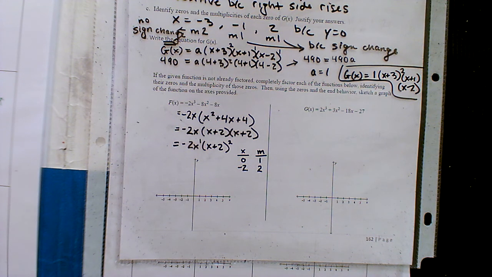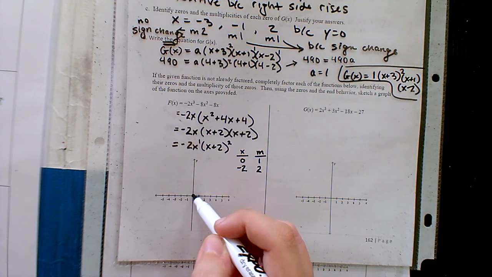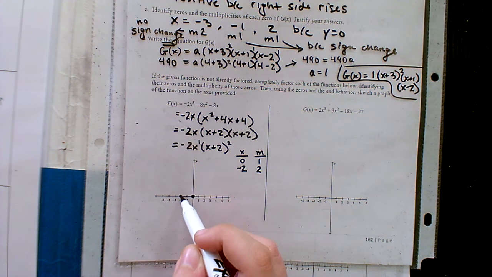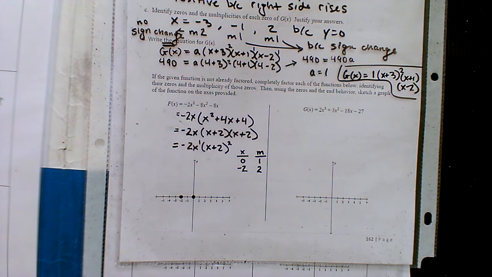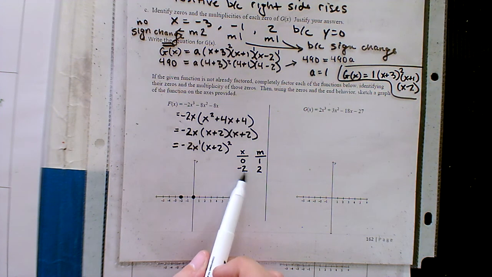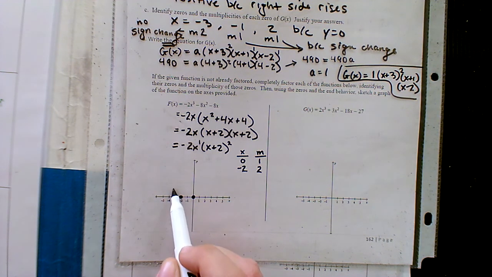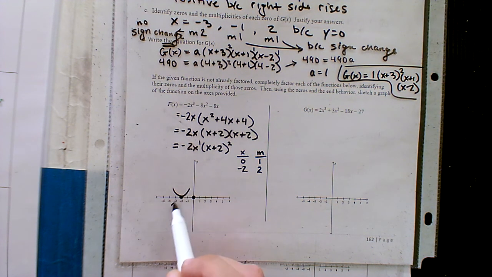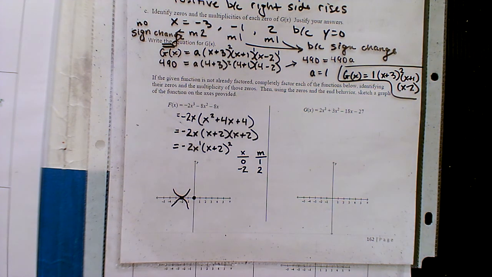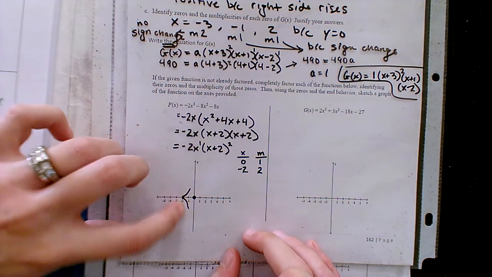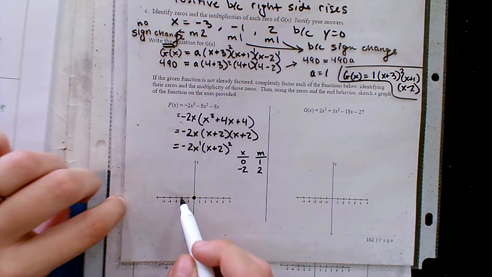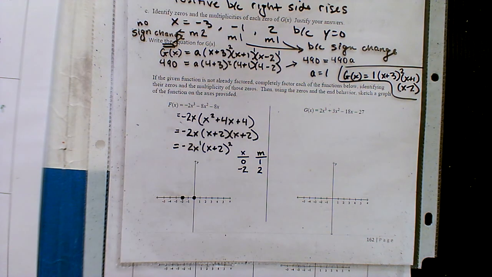Now that we have those, let's go ahead and graph them. So we can put a dot at the origin and a dot at -2. So we know those are two specific points on the graph, and the multiplicities are also leading us into how the graph is behaving at those spots. For instance, at -2, we know the graph should be bouncing, but we're not exactly sure if it's bouncing up or bouncing down. So we have a little bit more information to pick apart from this equation to help us determine which direction the graph is moving in,